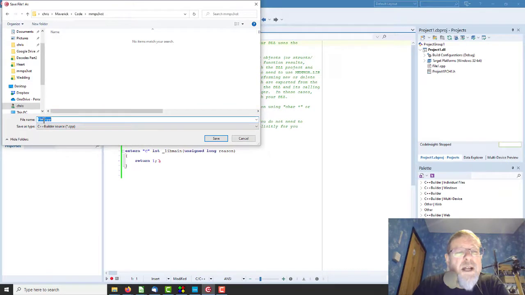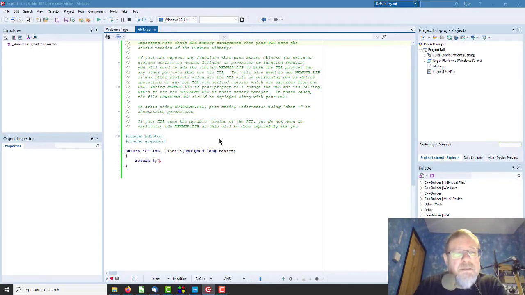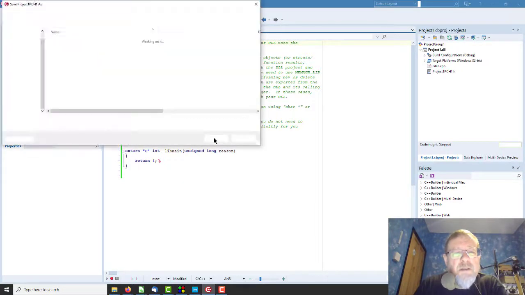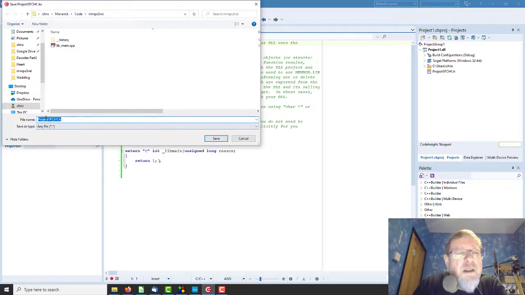Right, so that file is, I'm going to call it lib main.cpp, save. There we go, that's the pre-compiled header, not that I ever really use the pre-compiled header, and that will be called